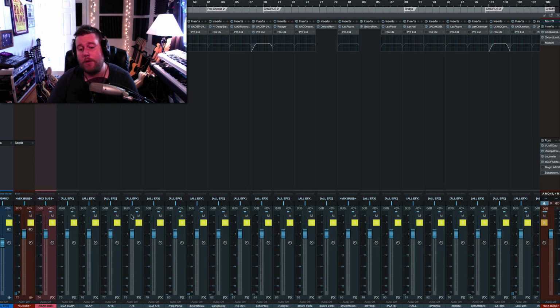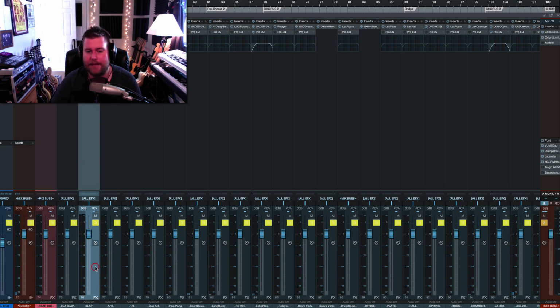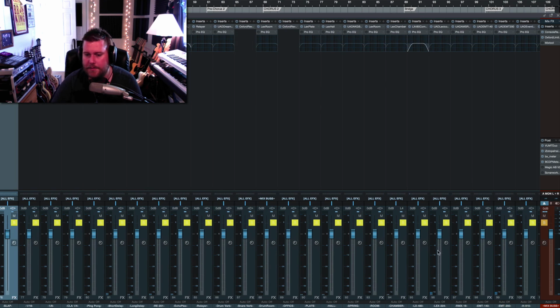So if I want to grab a slap, I have a slap set up right there. If I want an eighth note, I have an eighth note, a 16th note, all different types of reverbs. Essentially, I like to set up specific effect sounds or effect devices. So I will have things like a plate, a hall, a spring, a room, but then I'll also have some pieces of hardware,